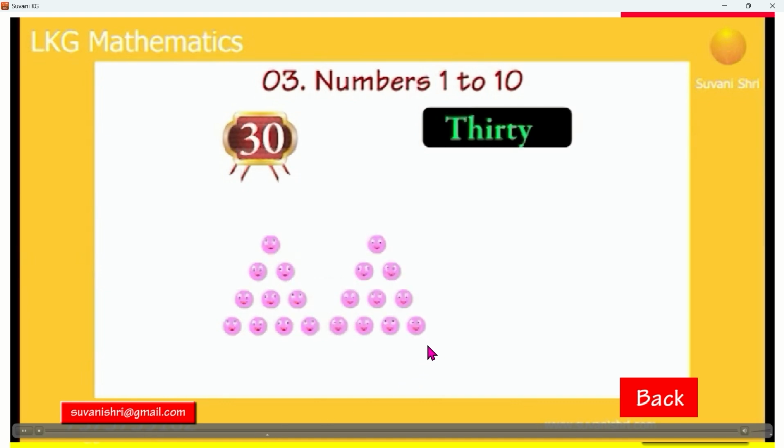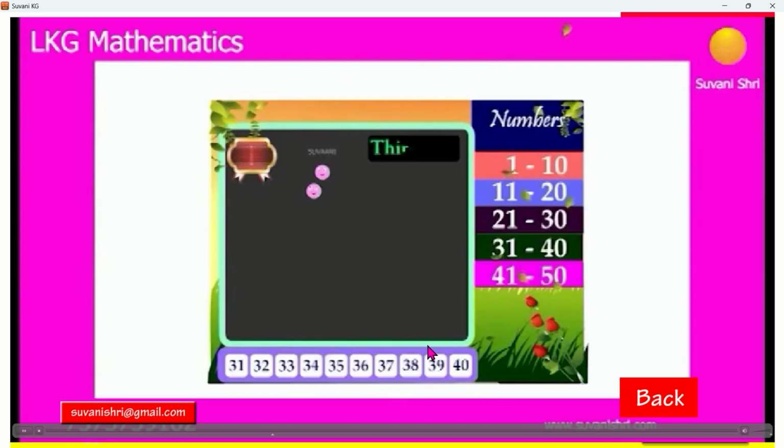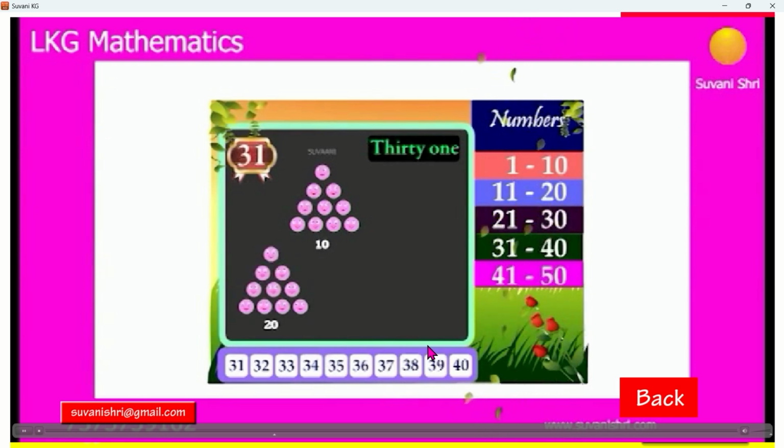20, 21, 22, 23, 24, 25, 26, 27, 28, 29, 10, 20, 30, 31,